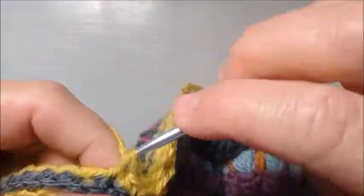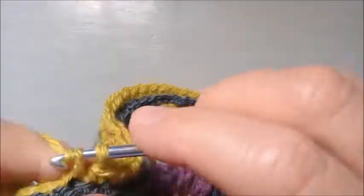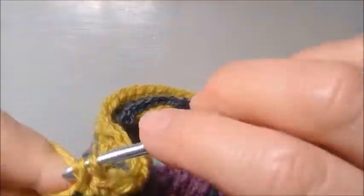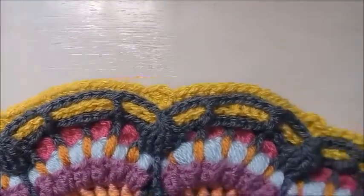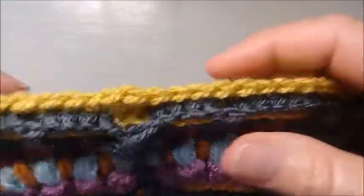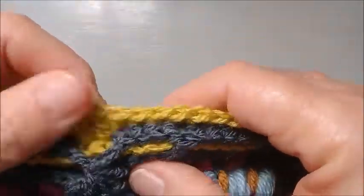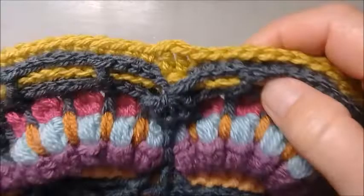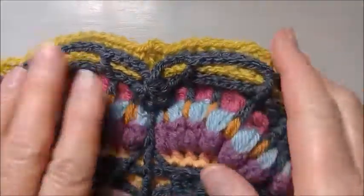You're just going to carry on all the way, so you should have 16 sections of 13 single crochets, and you should have 16 times 2 trebles. Okay, so super duper easy, and I'll show you kind of what I've been doing. So it's going to look like that, because now we're preparing our shape to square it off. Okay, so now it also might be a little bit like that, you know, where it's just slightly